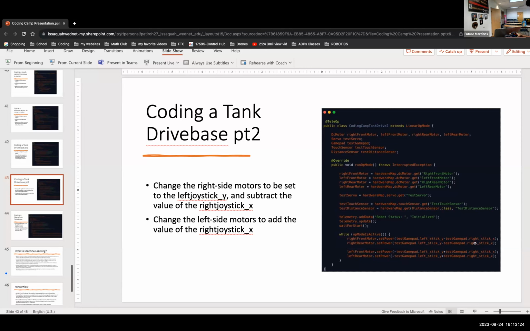I hear you guys. So basically, this is our right joystick. If we wanted to turn right, we would do this. Moving the joystick right would be positive, and moving it left is negative. That's something you should remember. That's why in the code, the right side motors are set to minus the right stick